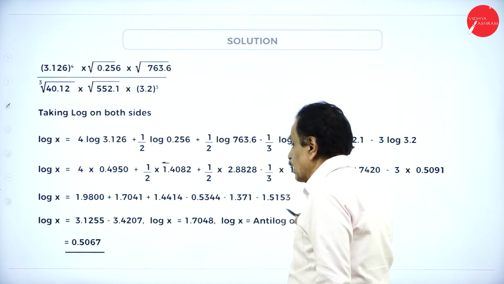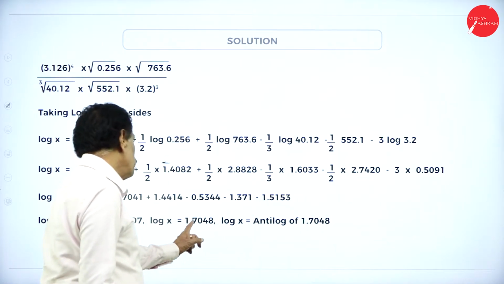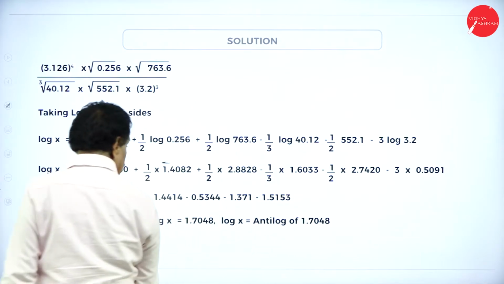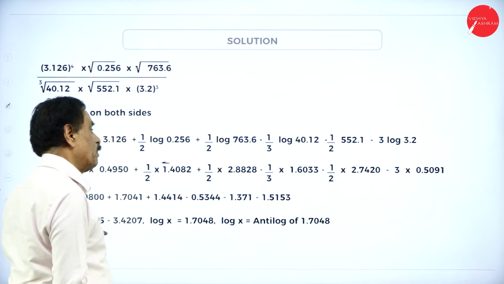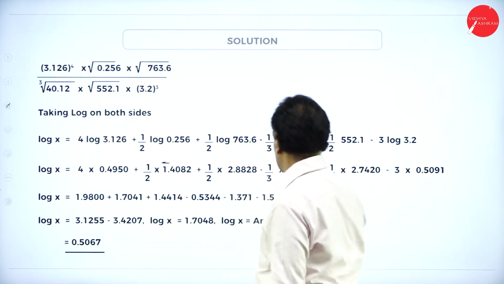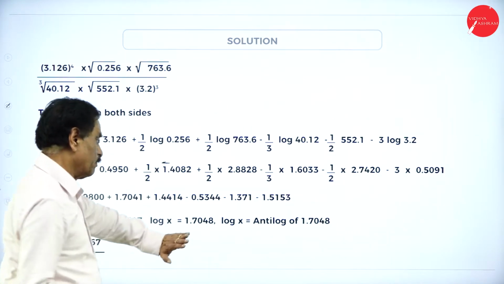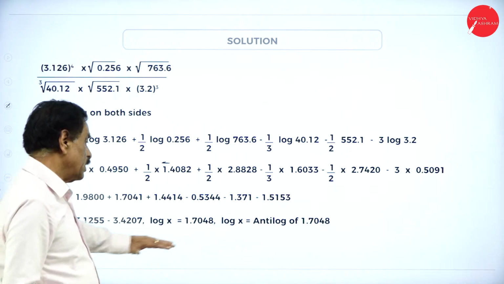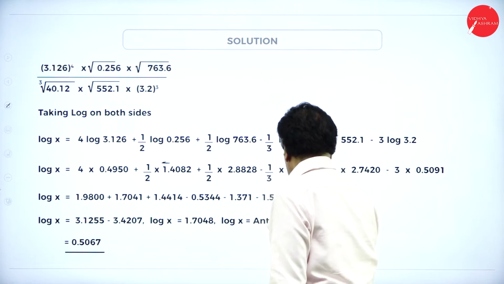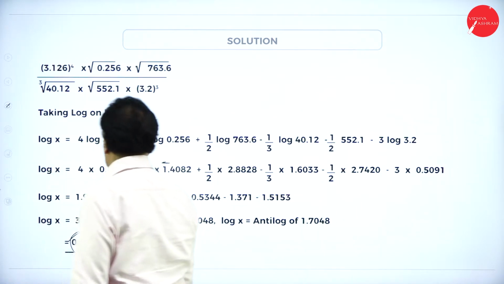1.7048, anti-log will come 5067. So behind number is 0.1, n plus 1, here 0.5067 will come. 0.1, 0.50 anti-log of this will come. So in 17, you have to see the 0, 4. In 17, 4 mean difference, it will come nearby 0.5067.